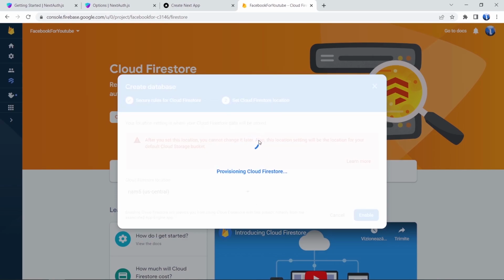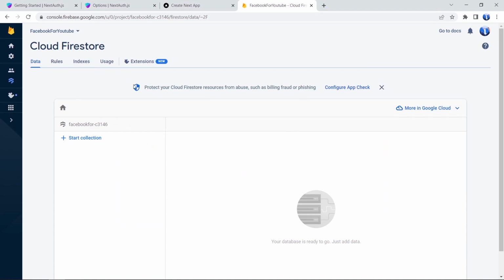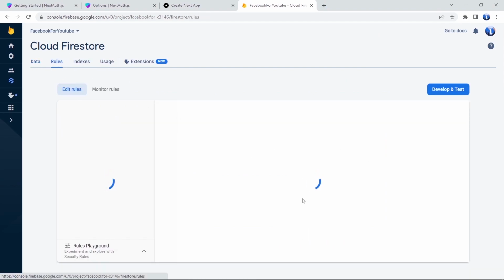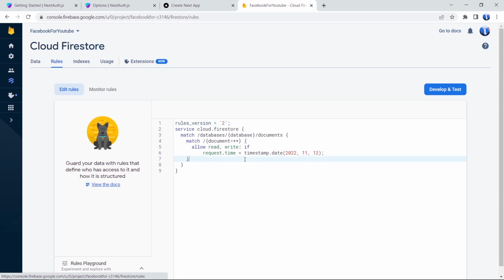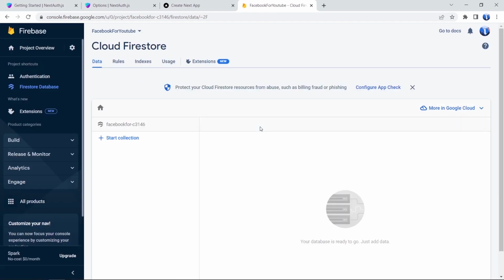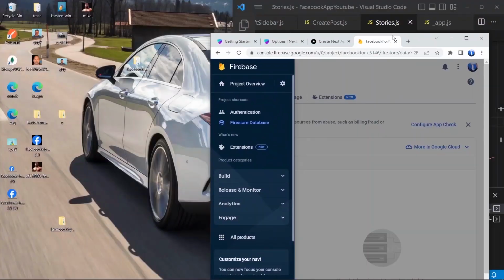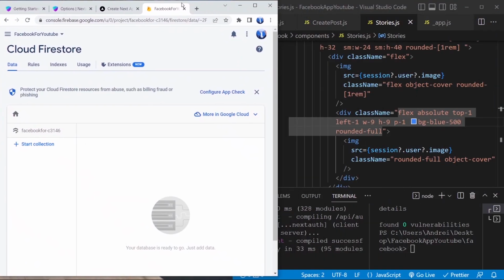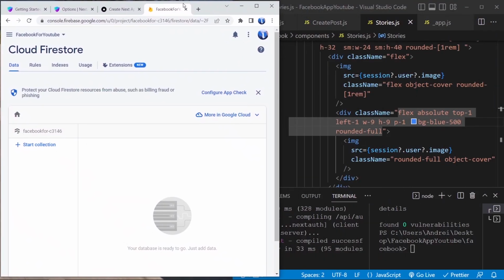Let's wait for this to load. So now that this loaded, let's go to rules. Let's check the rules. These are the rules of the Cloud Firestore. So now, oops, let's refresh this. And now that we have this Cloud Firestore, we can upload our posts into Firestore. So if we go to our app,